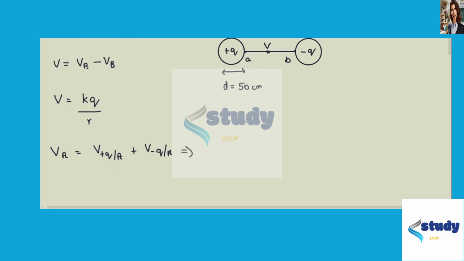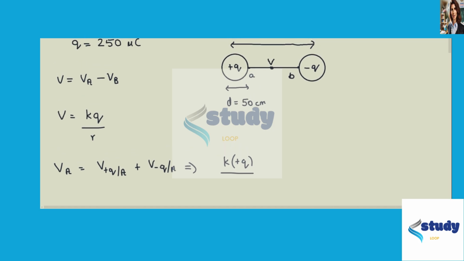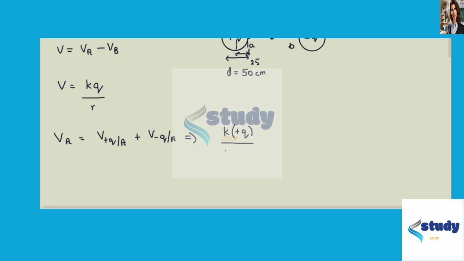So that is equal to K times positive Q divided by, so the distance of A from the positive charge is actually 25 centimeters, because it's half the diameter. So we'll write 25 into 10 to the negative 2, which is the prefix centi,